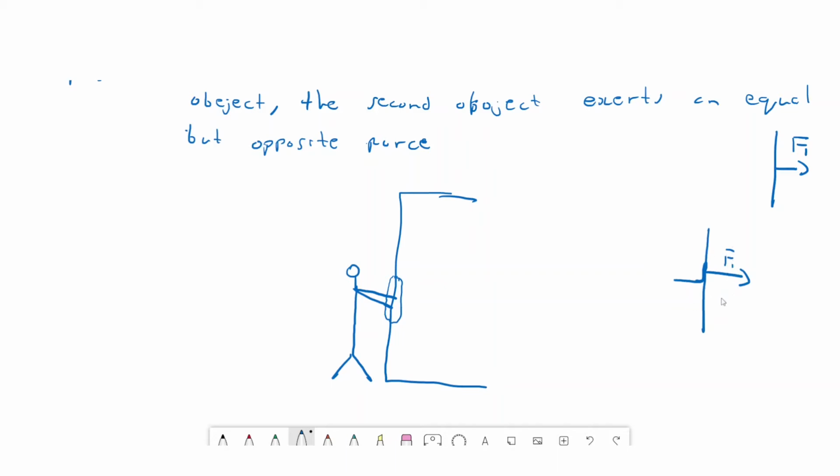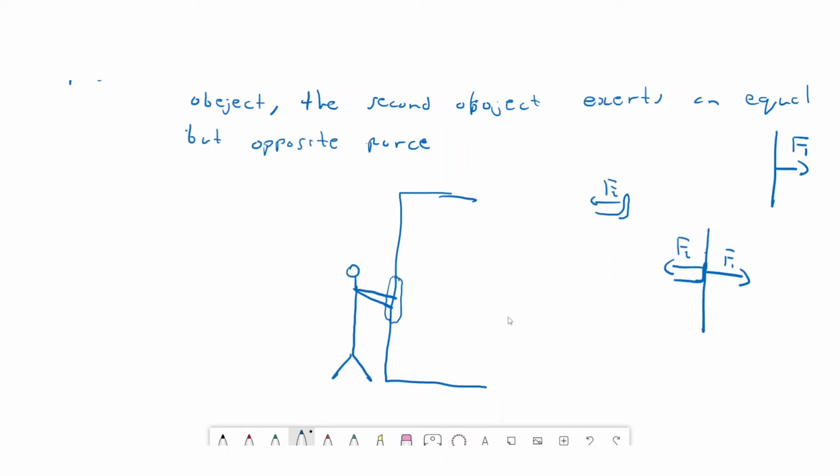Now, whatever force you apply on the wall, the wall doesn't like to be disturbed. So what the wall does, it retaliates. It applies another force in the opposite direction, on your hand. So your hand is going to feel a force in that direction, F2. If we were to draw the force that your hand is feeling, your hand will be feeling a force